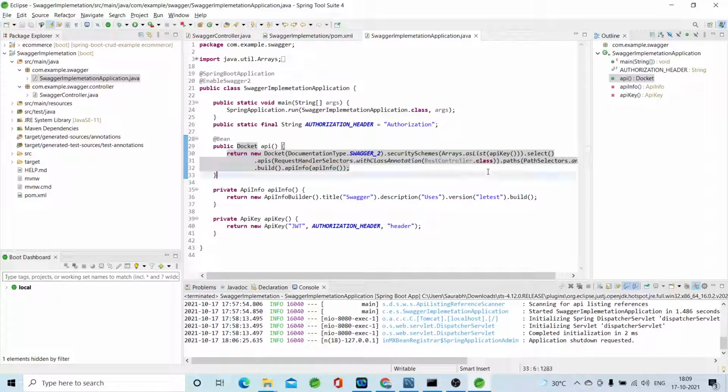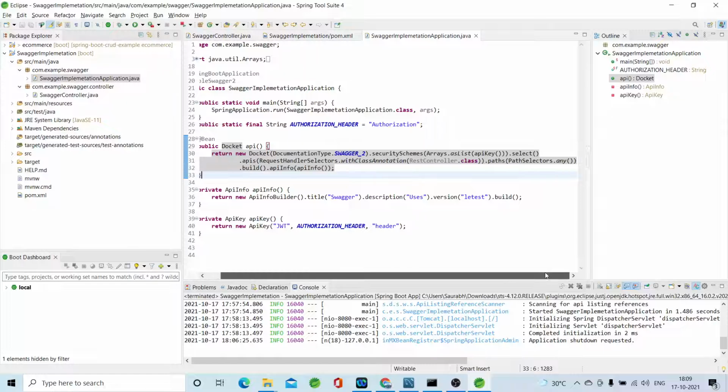With that I am using .paths with PathSelectors. First it will search all the controller classes which have the @RestController annotation. After that it will see what path I'm giving. I'm giving every path, so I use any.